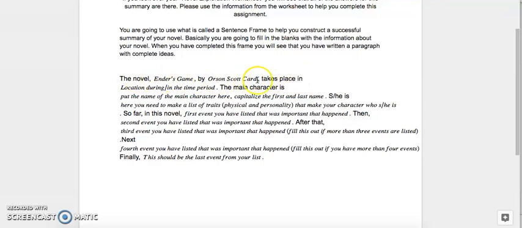Okay, so the novel Ender's Game by Orson Scott Card takes place in, and here you are going to give the location, and you're going to give the time period. So we are establishing the setting of your novel. And you wrote all that out already on your exploration worksheet, okay? Again, if I've given you some feedback of, I'm not sure that that's where it took place, or if we've gone back and forth over it, make sure whatever the final edit was, that that's what you're putting in here. Okay, so Ender's Game takes place